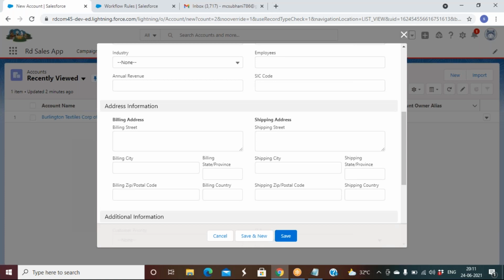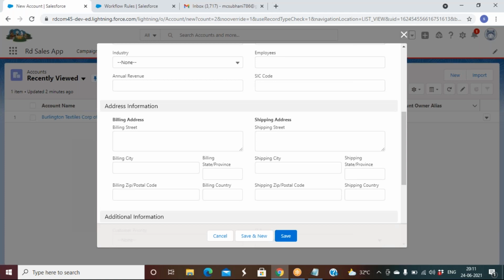Ultimately, the scenario was that the user will enter the details in one field and expects to see the same data in another respective field without any interaction. When he creates a record or edits the record, whatever billing address I give has to be updated in the shipping address.